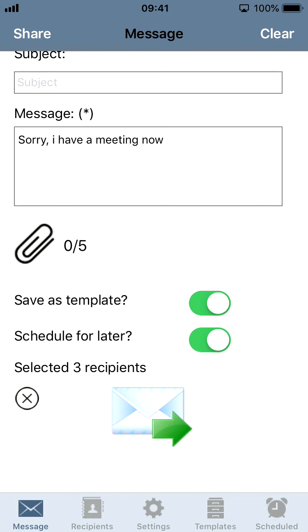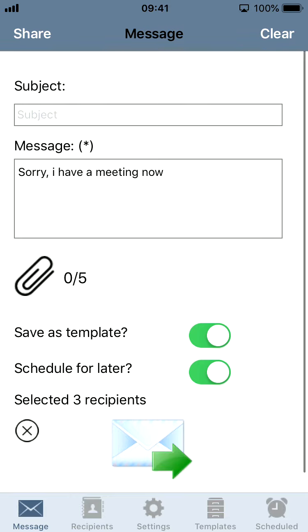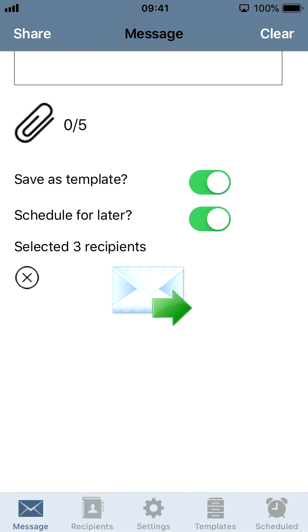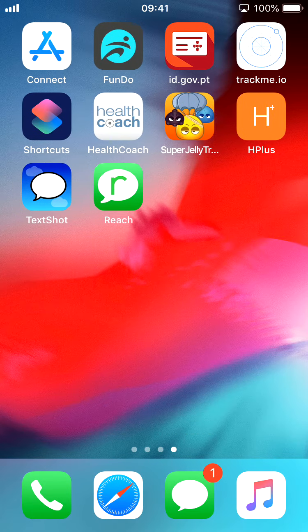Sometimes people want to send plain SMS because they want undisclosed recipients, so they don't want to create a chat group, which is the default behavior on the message app. And there is only one way to achieve that. There is some information on the FAQ, and there are also some tooltips that you can see sometimes on the app that will warn you about that. But basically, you always want to check your